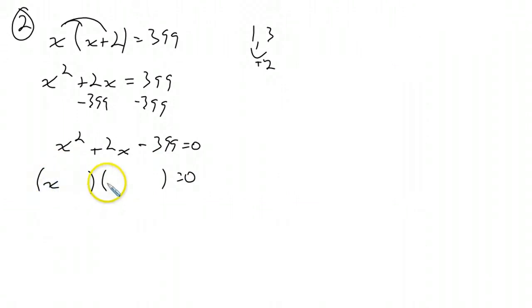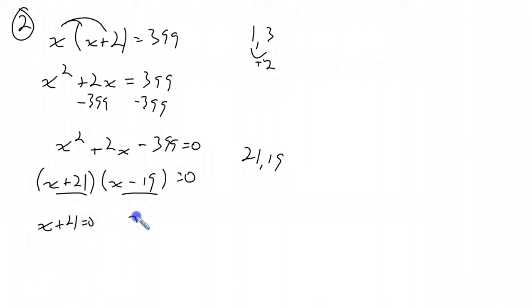I know my first terms are x. They multiply to be a negative, so I know one's a positive, one's a negative. Pretty sure it's going to be 21 and 19, so if those are my two numbers, their difference is 2. They multiply to be 399. I'm going to have a positive 2, so I have plus 21 minus 19. I have something times something equals 0. So I will have x plus 21 equals 0 and x minus 19 equals 0. So now this will be negative 21. This will be